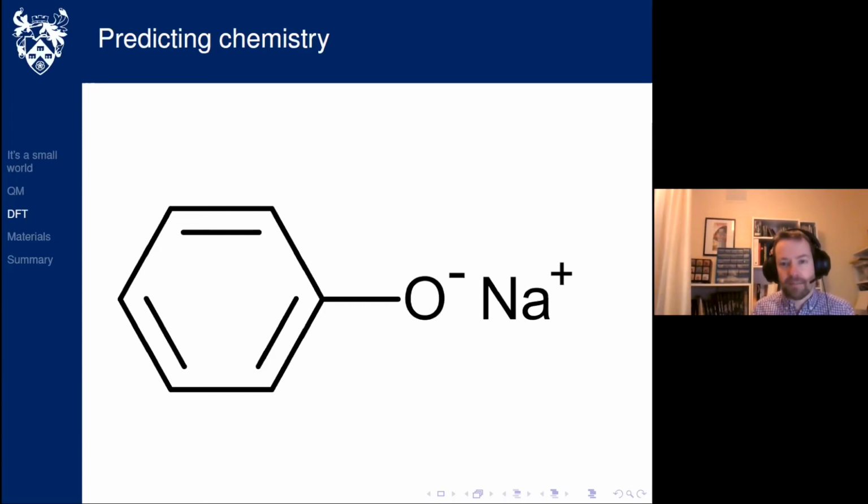One of the carbon atoms is bound to oxygen, that's the big O, and the oxygen has got a sodium atom, that's the Na next to it. If you're a chemist, you might realize that probably what will happen is that sodium will lose an electron to oxygen. And that's in fact what you'll find in most chemistry textbooks. And they're bound together by that attraction between the resulting negative and positive charge.